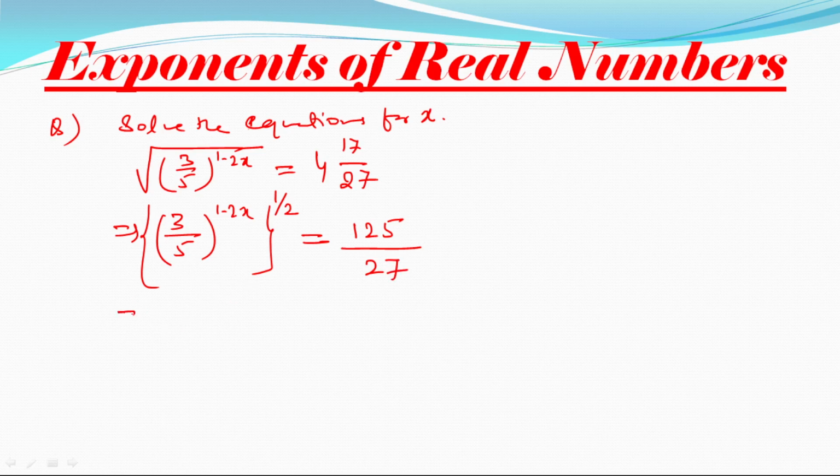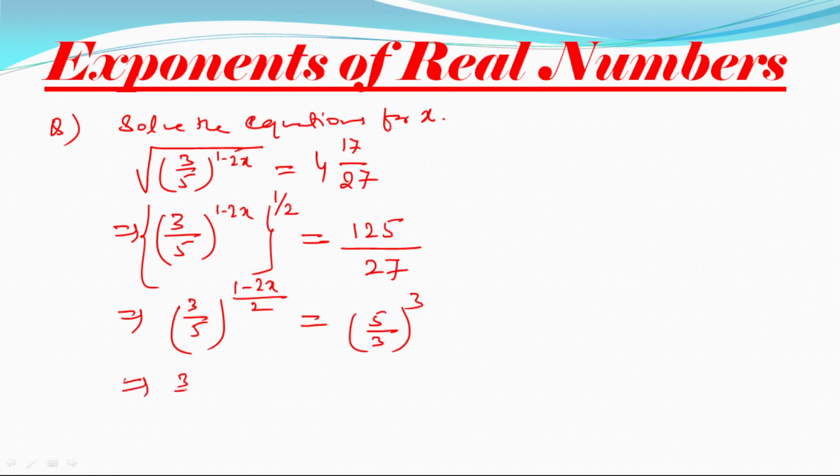Now further, 3 by 5, so it will become (1 minus 2x) divided by 2. Here it is 125, so it is 5 by 3 to the power 3. Further we can write 3 by 5 to the power (1 minus 2x) by 2. So this can be written as 3 by 5 to the power minus 3. Now 3 by 5, both sides it is there. The base is 3 by 5. So we can very well write, as we have seen,